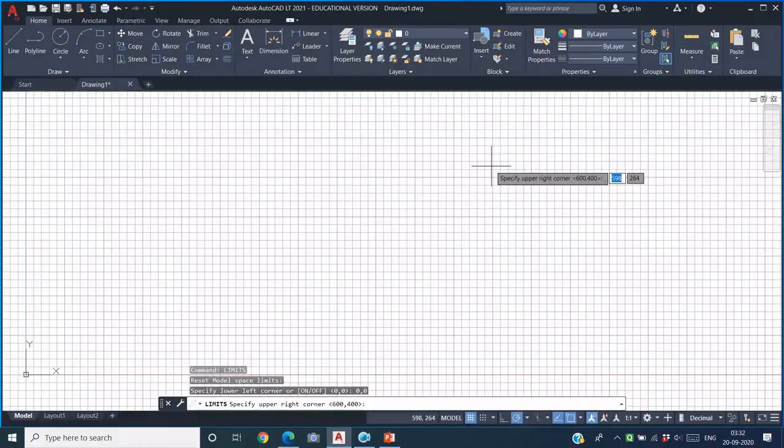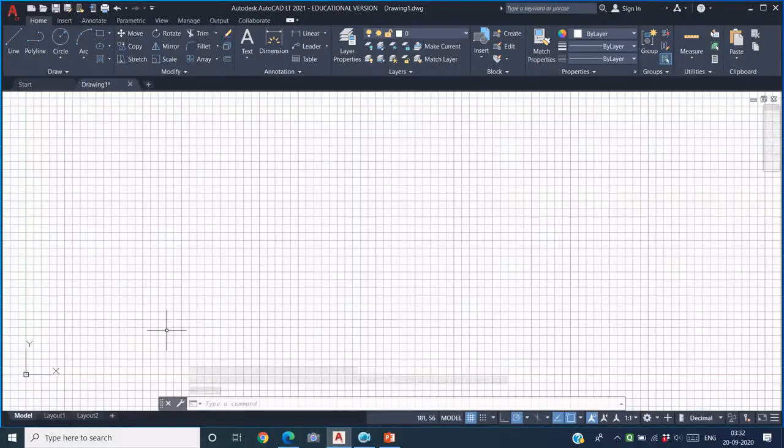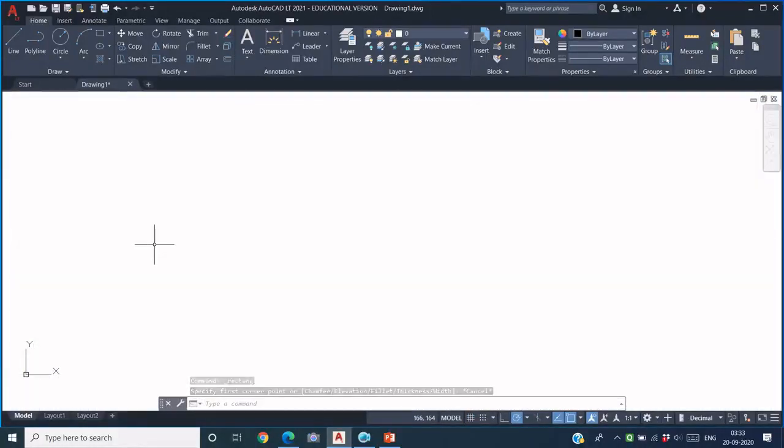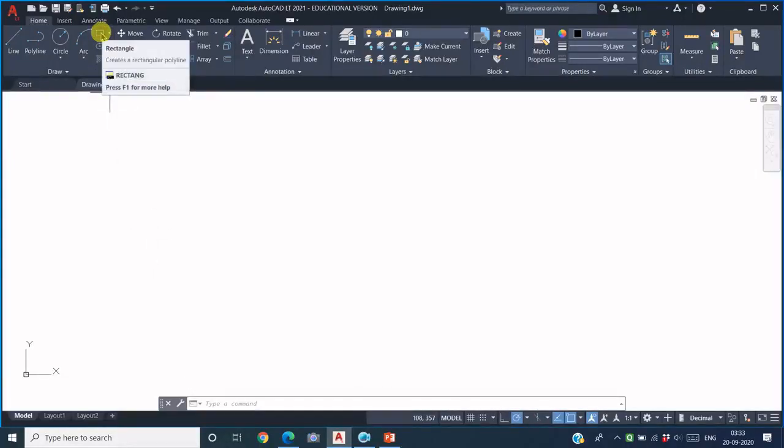Let us say the drawing work that we are going to do is going to be limited within an area of 600 millimeters by 400 millimeters. So I specify the coordinates as 600, 400. Right, so now the limits are set, but there is as such nothing visible there. So just to understand the working of the limits, let us draw a rectangle which will represent the limit area.